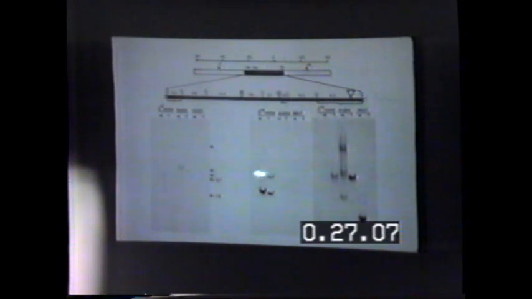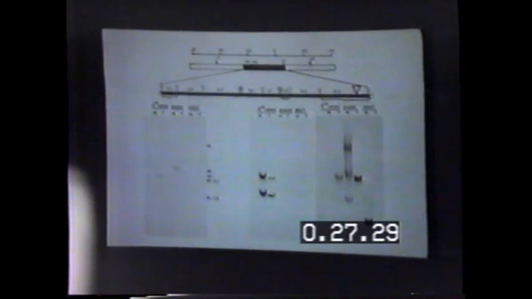With some particular probes, one sees transcripts which are present in both males and females in larvae. However, as one goes to the pupal period and uses different probes, one can see transcripts here present in a female versus several that are present in pupal males of different sizes. Here's a transcript that's present in adult males but not in adult females. So there are substantial differences between the sexes in the kind of transcripts that one sees from the gene.